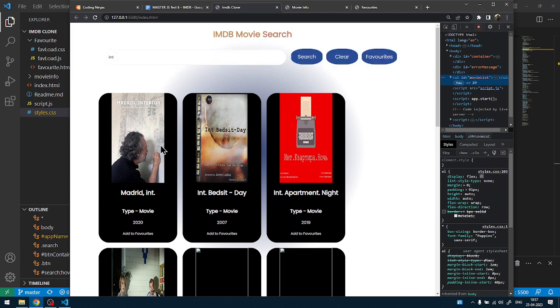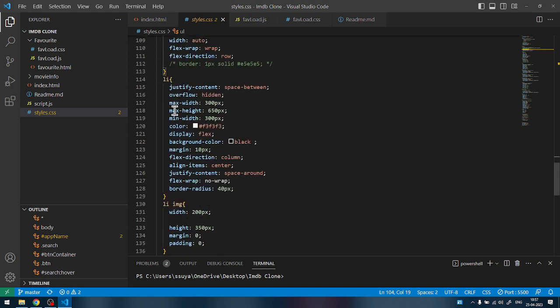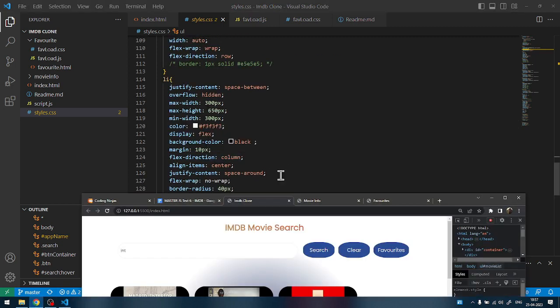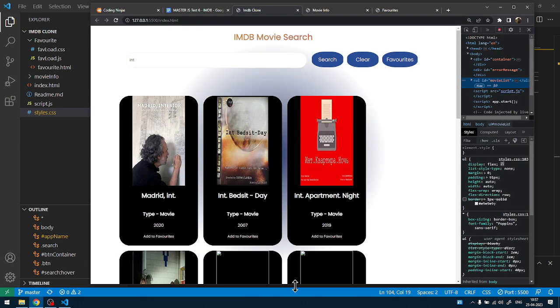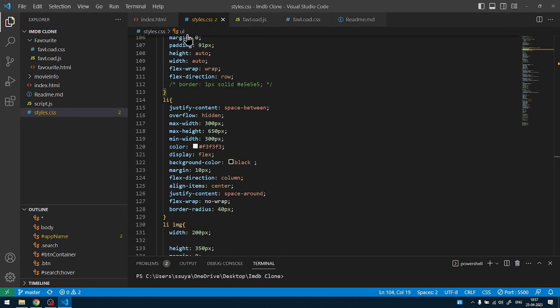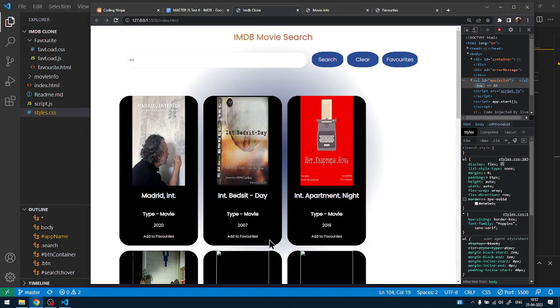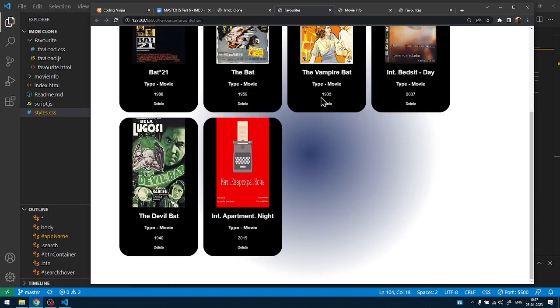And also every list item is set with display flex, where the flex direction is column. That's why the movie title, the type of the movie, the release year, and the add favorite button are coming in column order with the movie poster, of course. Now for the favorite pages that I have implemented, if we click on the favorite pages, we get the